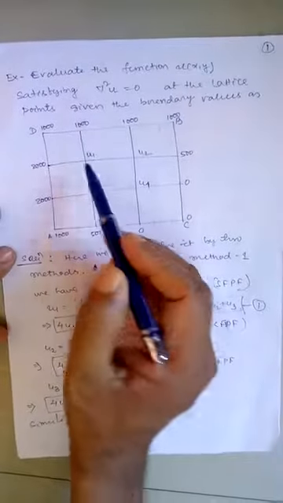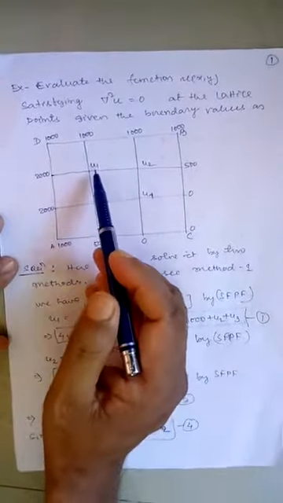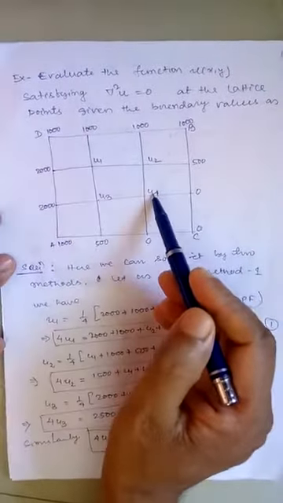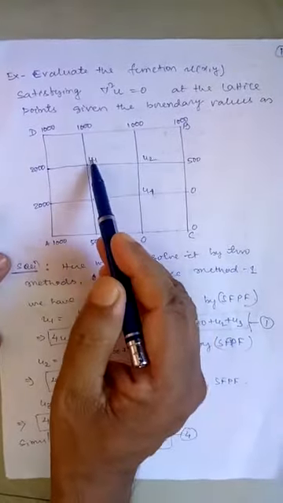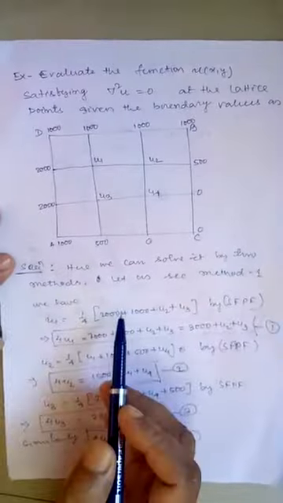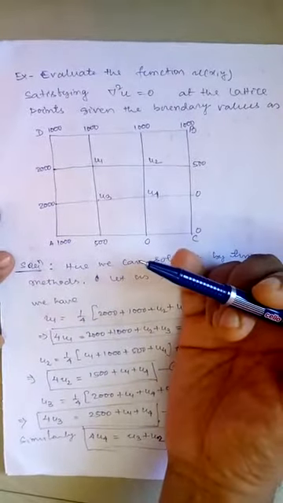So you see here the interior grid points are u1, u2, u3 and u4. If I find u1, it will involve some unknowns u2 and u3. If I find u2, it will involve u1 and u4. If I find u3, it will involve u1 and u4. And if I find u4, it will involve u3 and u2 by the standard 5-point formula. All those boundaries I know. So this is also a symmetric problem, but we cannot do it in a symmetric way. So let us do it in the normal standard way. How can we do it?